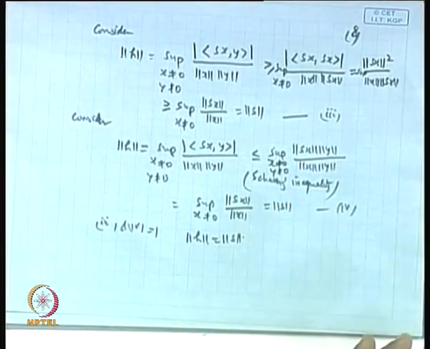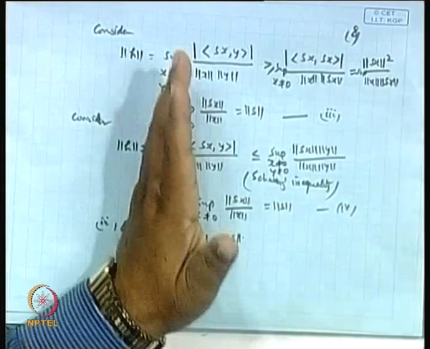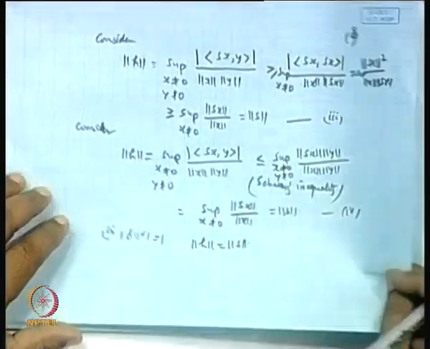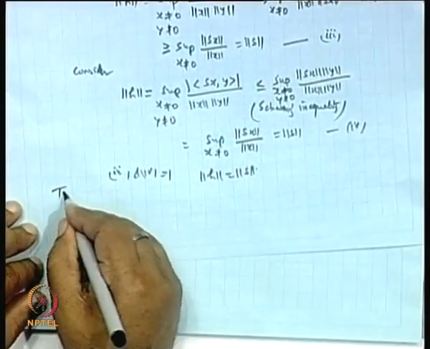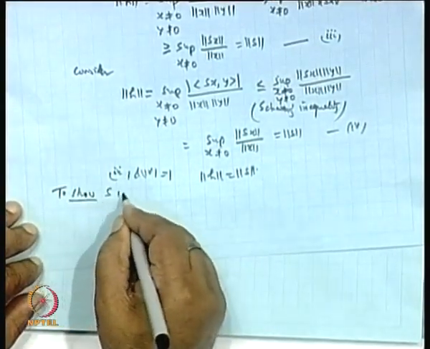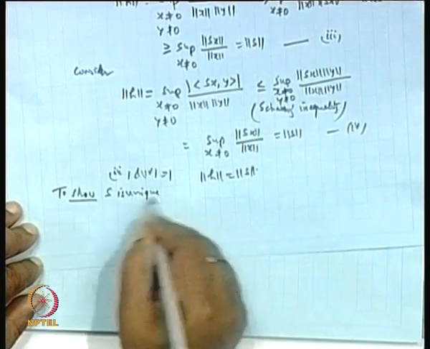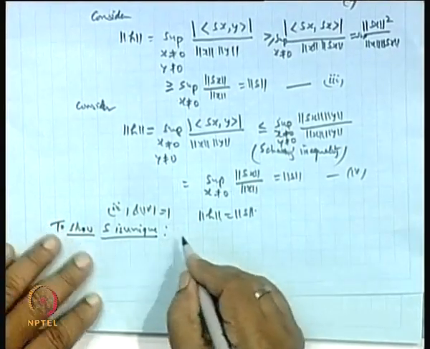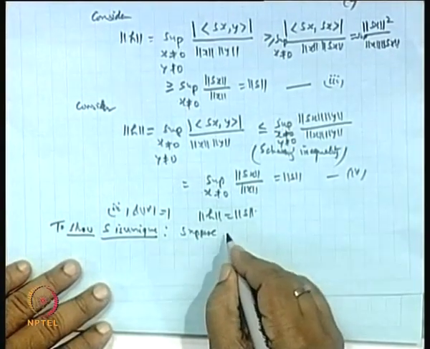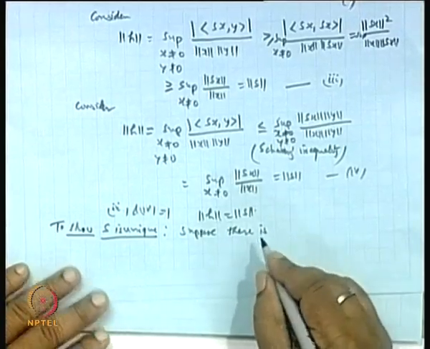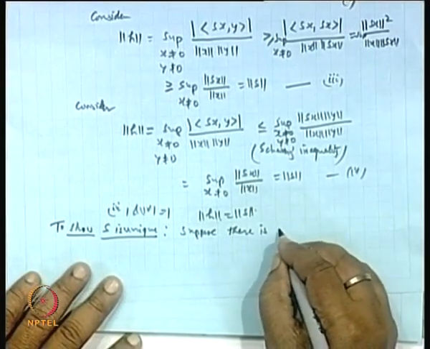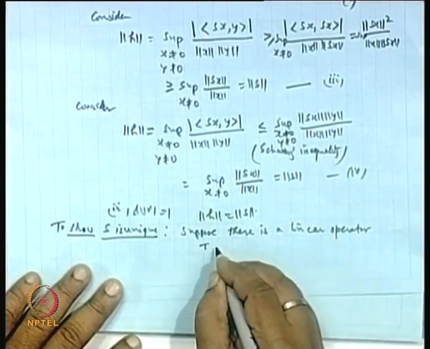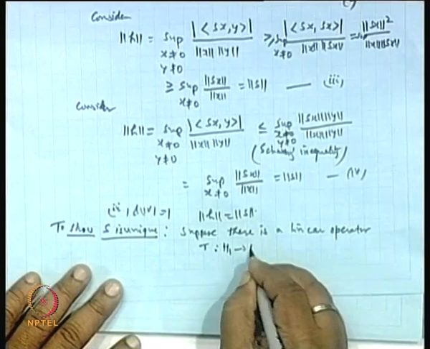Now, what is left is that S is unique. It is a bounded linear operator from H1 to H2. Now, the only thing left is that S is unique. Okay. So, to show S is unique, suppose there are two representations. Suppose there is a bounded linear operator T from H1 to H2,